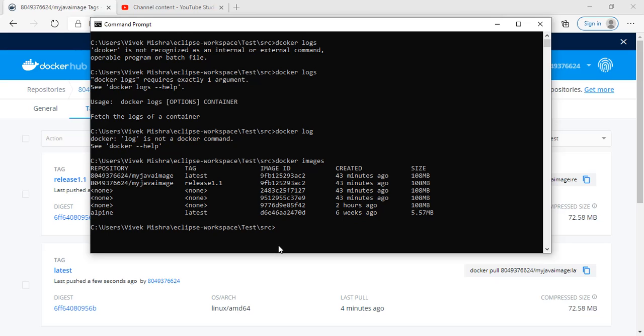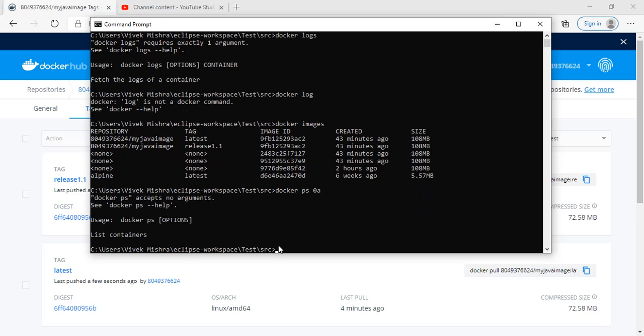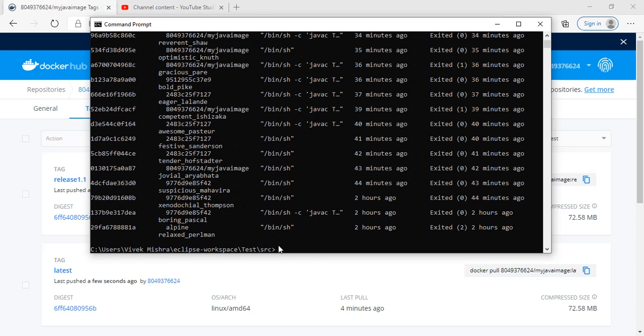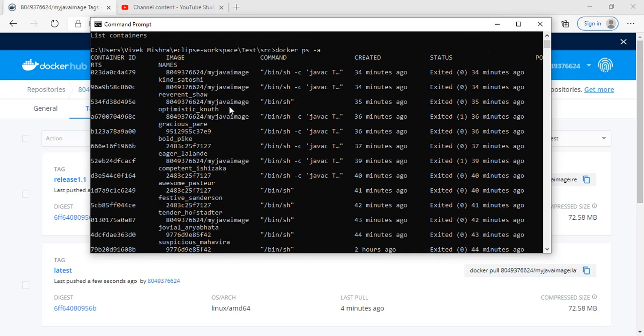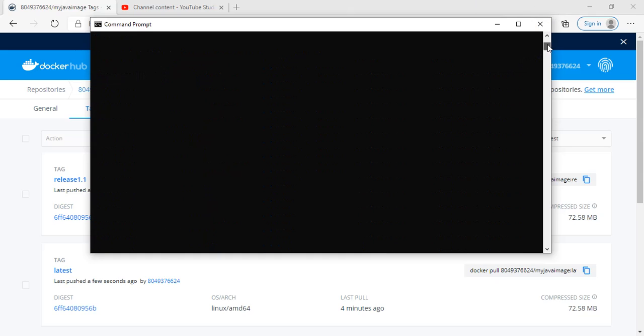Let's see. Docker ps -a. Sorry guys, I think it's docker ps -a. Okay, so there are so many containers and many of them have exited. Now suppose you want to see what this container is, or any container, just copy this name or this container ID, copy it, and then you can say here